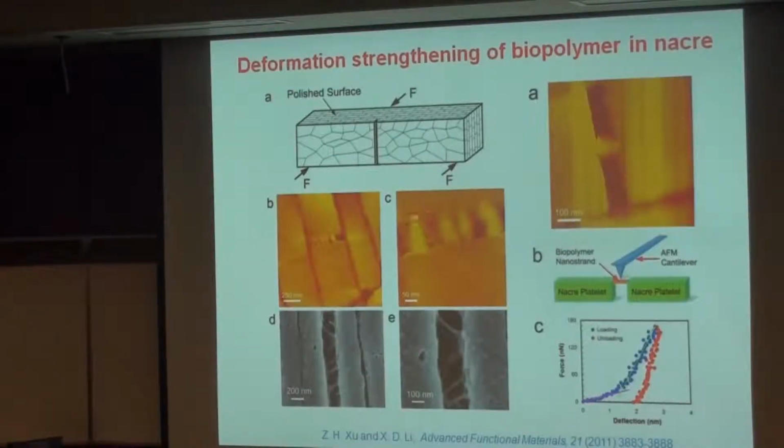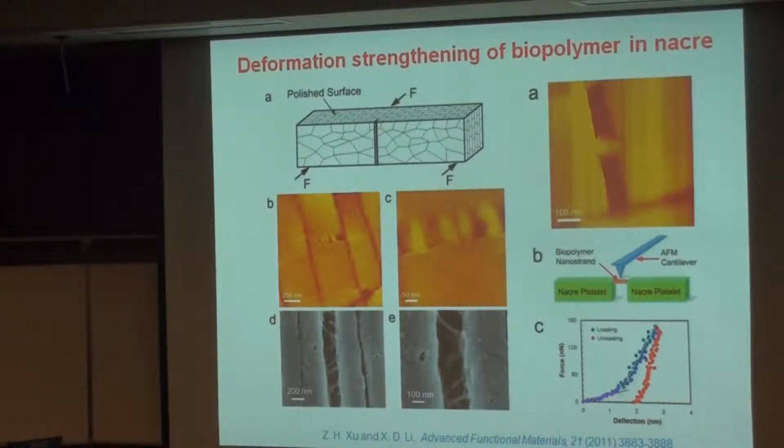And if you see, here is the nacre sample. And here we created a notch and performed 3-point bending. Very interesting. We stretch it, and you can see this is one brick, this is another brick. In between, you have a lot of polymer strands. And then we used AFM to bend individual strands. And we can see there are two slopes, like when you bend a metallic wire. One slope, this is force deflection, then there is another slope. That means those biopolymer strands have strain hardening,